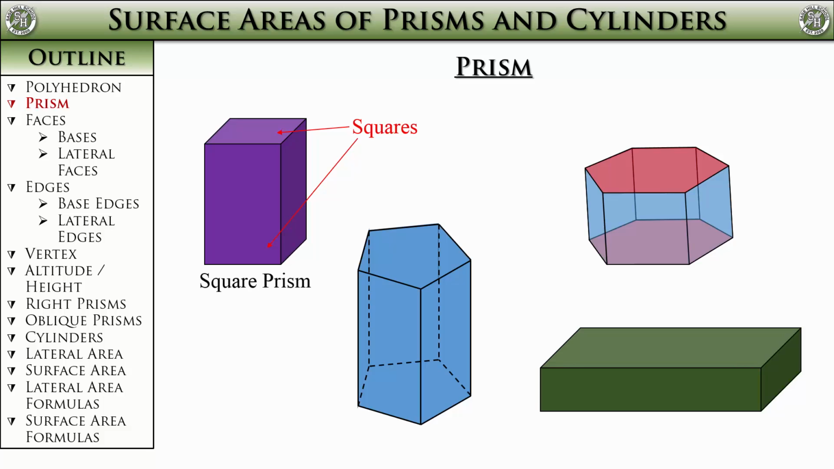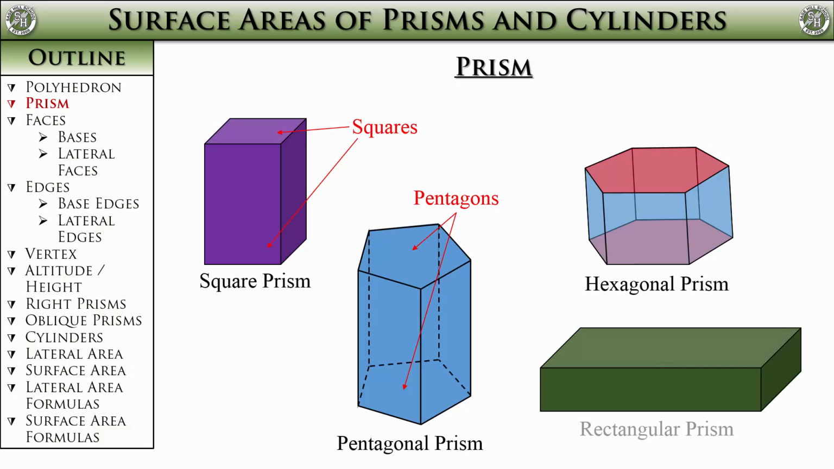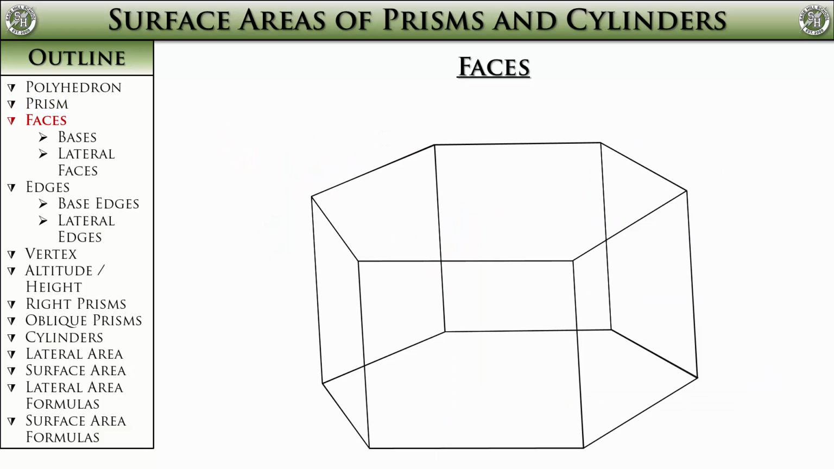For the light blue one next to it, the top and bottom are pentagons. Because they are pentagons, I would say that it is a pentagonal prism. Using the same logic, I would say the top right one is a hexagonal prism, and the green one is a rectangular prism. That is how you name a prism. Now that we have established what a prism is, and how you name it, it's time to do some prism